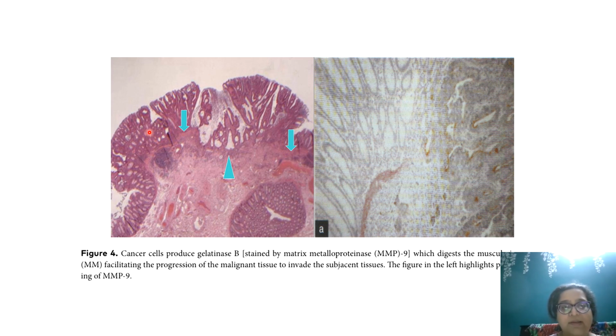What is more important is again a low power examination. You see a lot of images are low power because in colorectal, the carcinoma, the pleomorphism, everything will be very evident. What you need to see is the transition of normal to abnormal. That is how your sections on grossing should be, if it is not a biopsy. And if it is a biopsy, then you are lucky if you get this